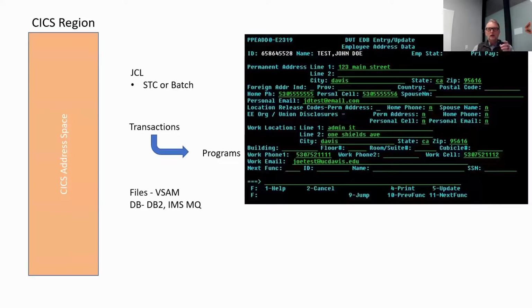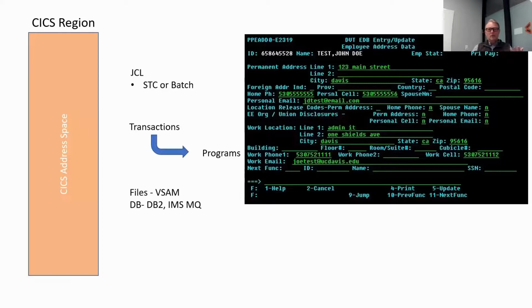Okay, so you might have seen a screen that looks like this. Might have seen it at the airport. You might have seen it at the hospital when you're checking on the status of things, or you might have seen it in a retail outlet. Typically, if it looks something like this, it's probably CICS in the background. Lots of data to fill in, and you hit enter, and it processes, and it comes back with some results.